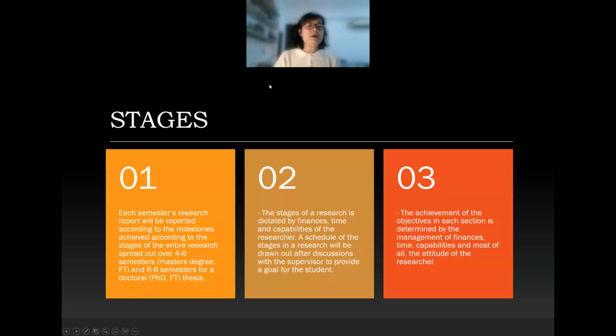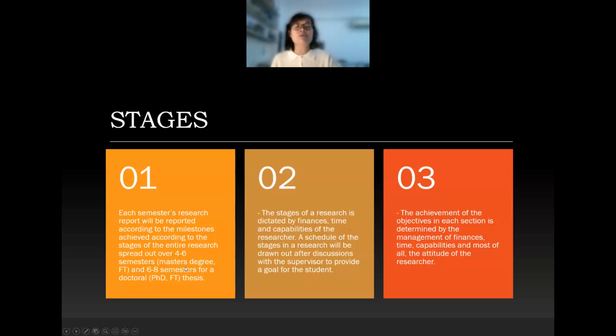In stage 1, each semester you have to report, as I said, the entire research, and stage 2 also. Stage 2 is normally literature review. Stage 3 will be your methodology and your findings already. If you are master's degree, you have 4 to 6 semesters.